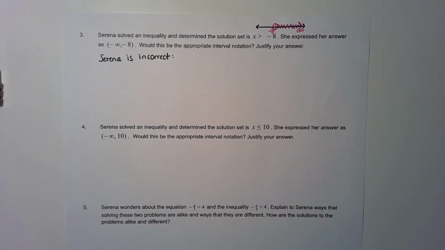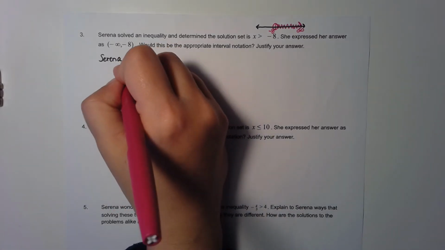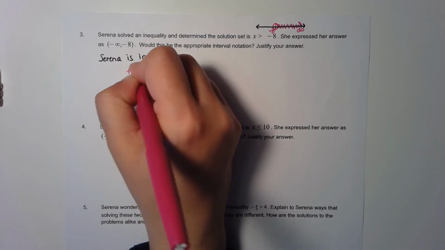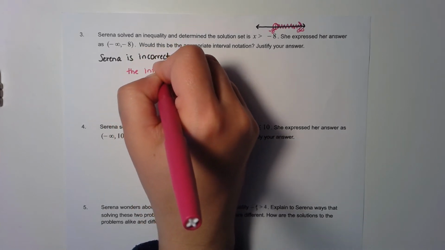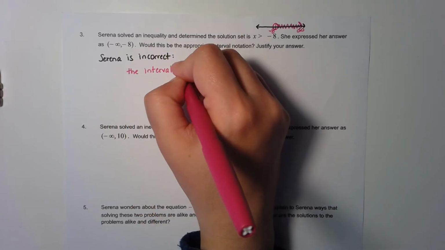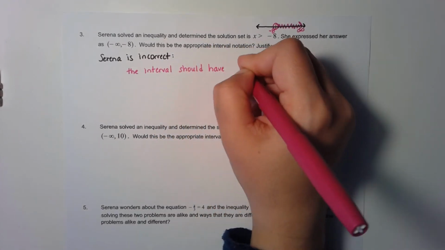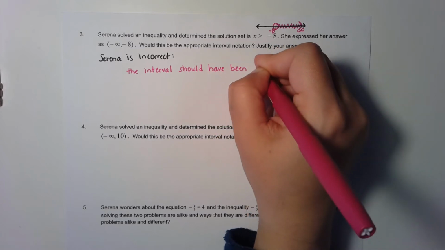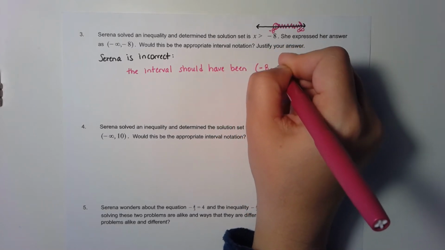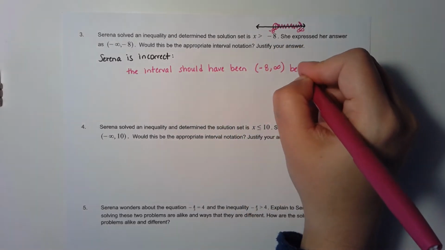Why is this incorrect? Because she started on the -8, that was great, but it should go towards positive infinity, not negative infinity, since we are looking for the numbers that are greater. So we would just say that. We would say the interval should have been -8 comma infinity because